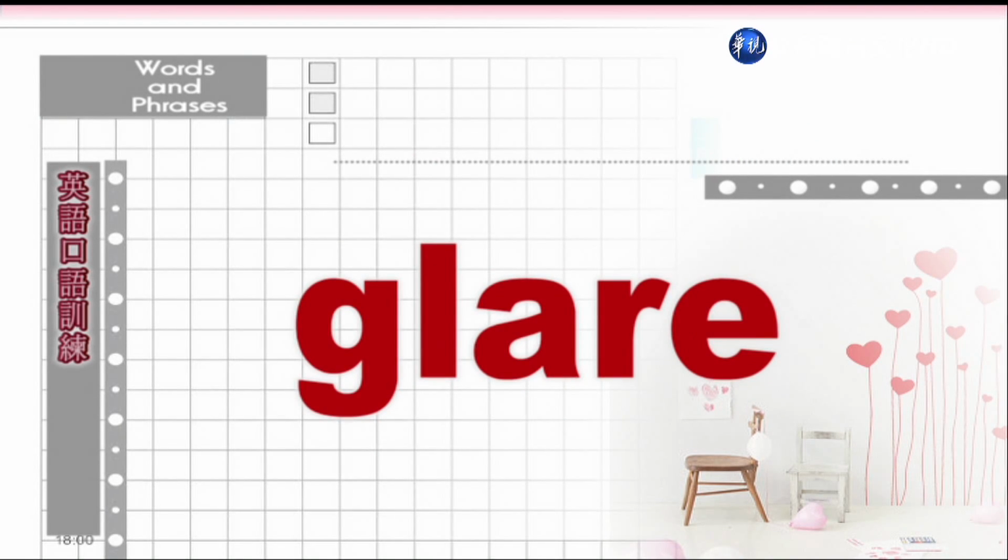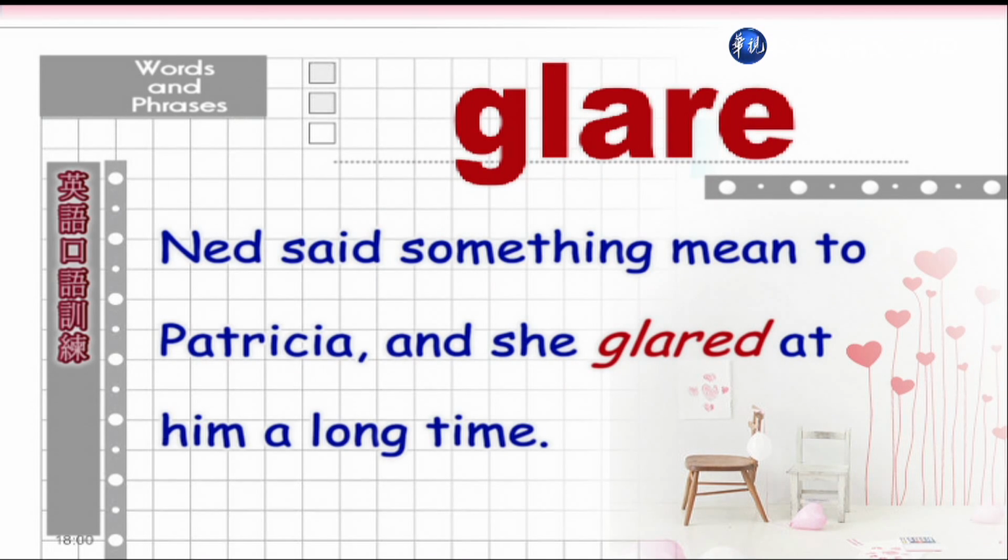Glare. Glare. 瞪视。Ned said something mean to Patricia, and she glared at him a long time. 奈德对派翠西亚说了不好听的话，所以呢，他瞪了他很久。